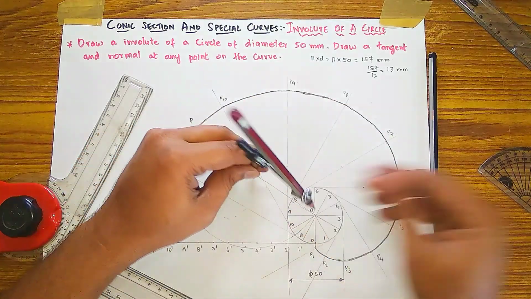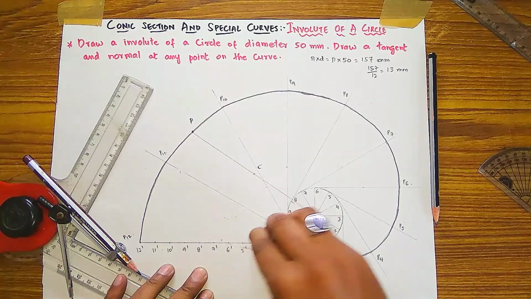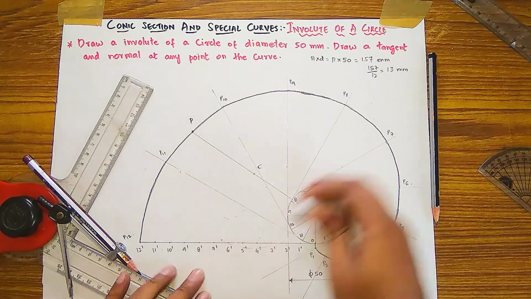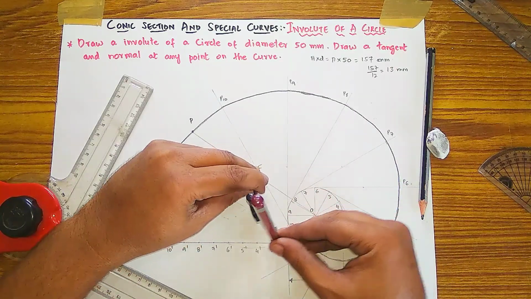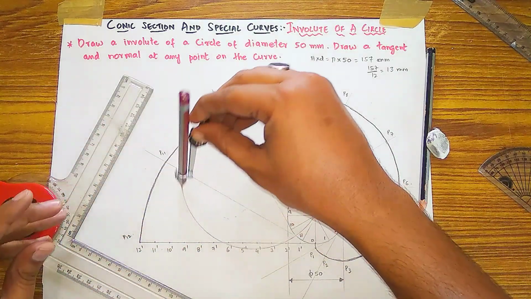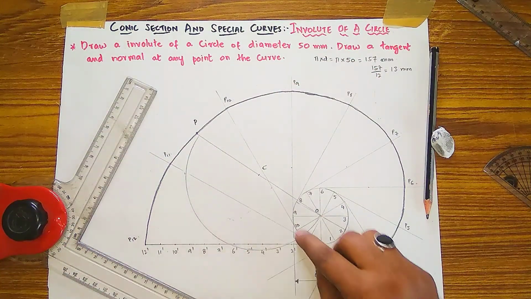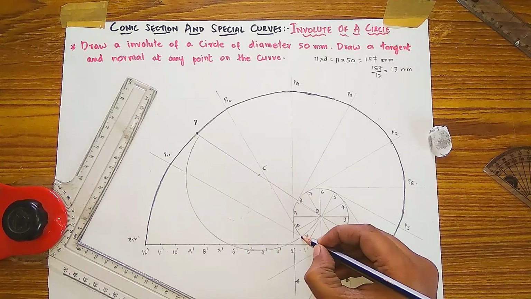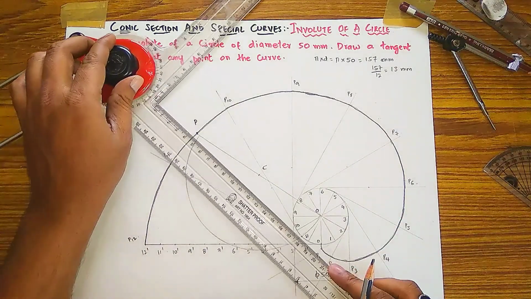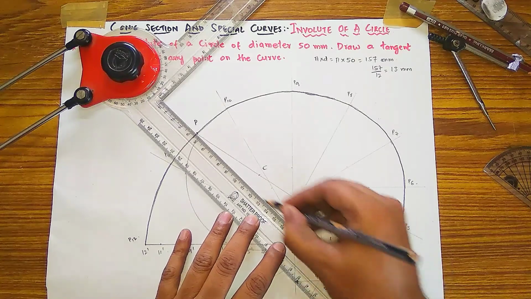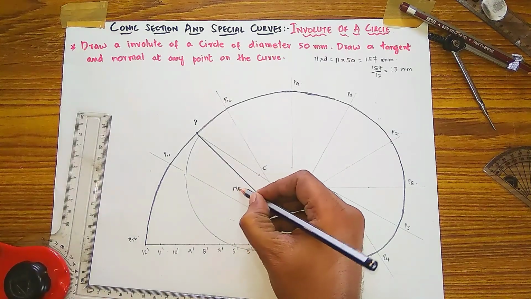Sorry, I have drawn it somewhat wrong, my mini drafter has had some error. Okay, then where this semicircle is meeting this circle, here it is meeting. From here to that point P, your normal is drawn, so you have to darken from this point to that point. You have to darken the normal like this. This line is the normal as you have drawn.